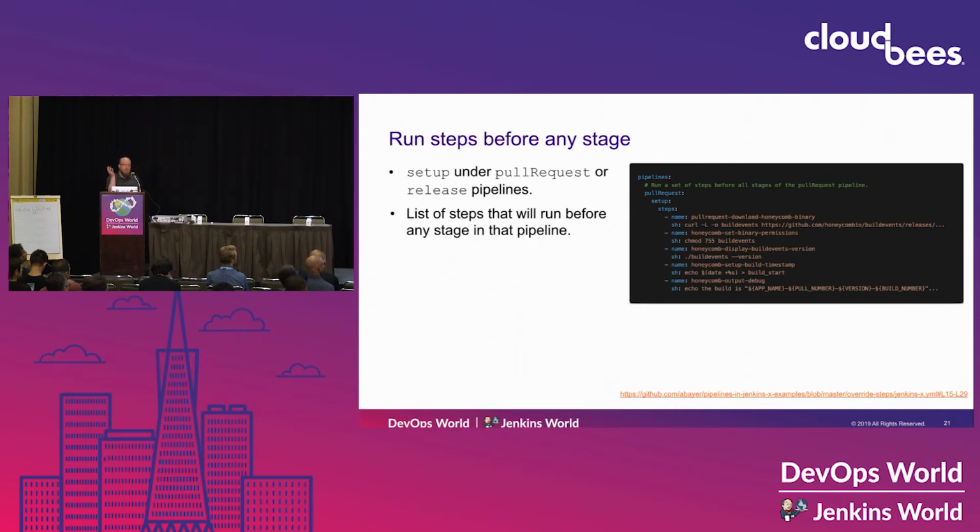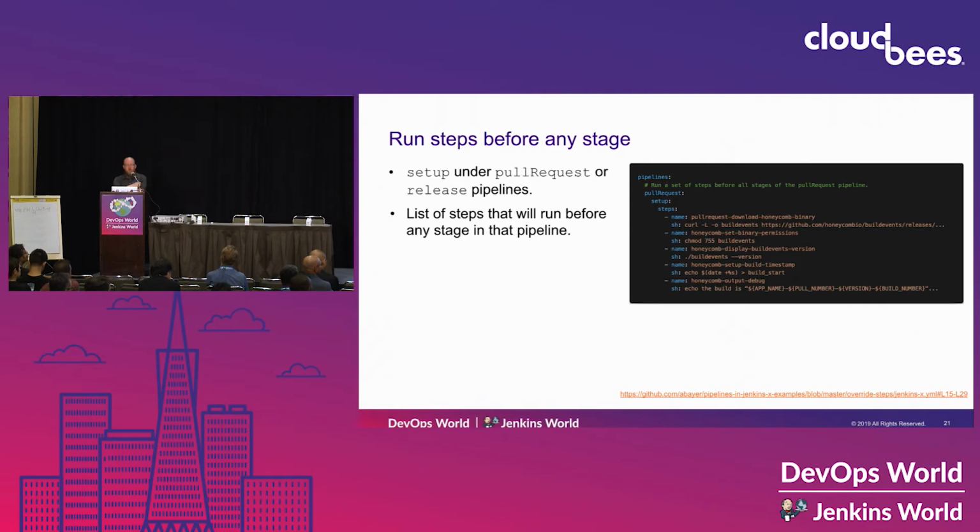Now, the examples I've got here are actually from my colleague Oscar Medina's demo of integrating with honeycomb.io for observability in a Jenkins X pipeline. And so he needs to do something like, okay, before we run any of the life cycles or stages, we need to download a binary and set it up so that we can do the instrumentation on our pipeline execution. So by populating the setup lifecycle,